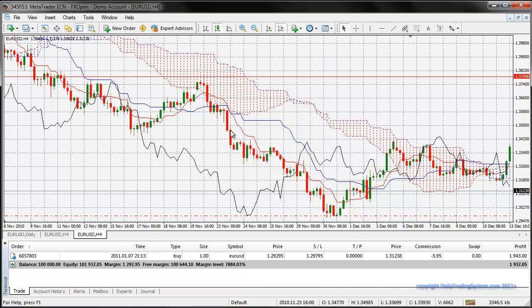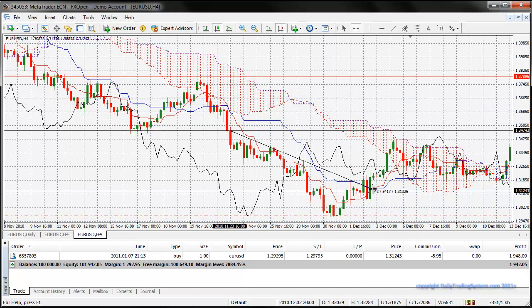Rule number 4, when to get out of this trade, is when they cross over again. You see where this blue line and this red line cross, with the red above the blue, that's your time to exit. So we would have got in here and exited somewhere along this bar. It could be down the bottom, it could have been up the top, so let's just bisect it. And that would have been for 339 pips